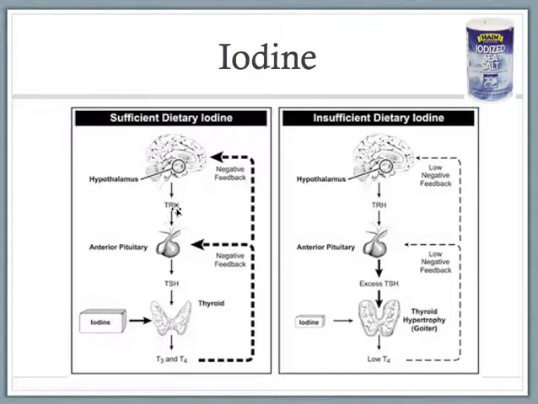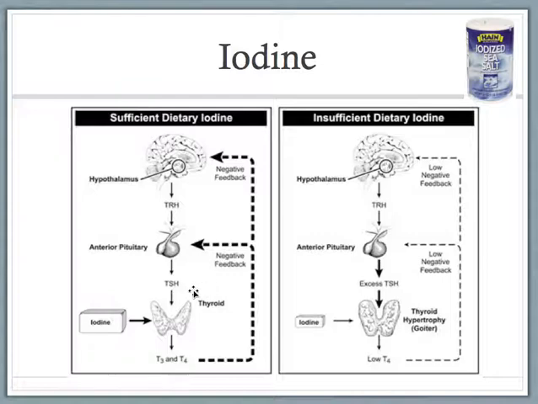So we have a releasing hormone, TRH, which binds to receptors on the anterior pituitary and stimulates them to make TSH. Very good name. It is thyroid stimulating hormone. It's named for exactly what it does. So TSH binds to its receptors on the follicular cells of the thyroid, and that would cause T3 and T4